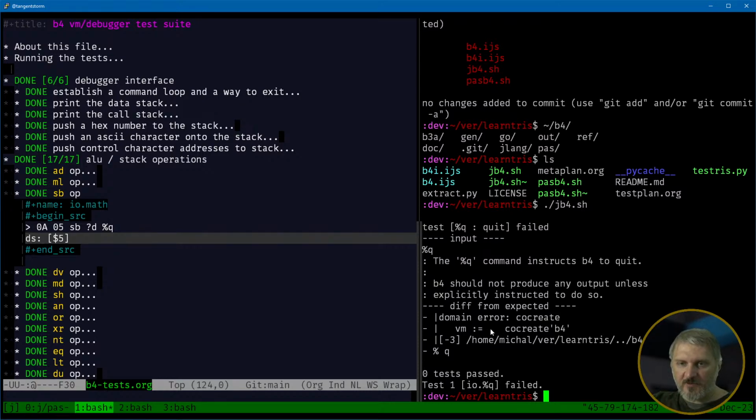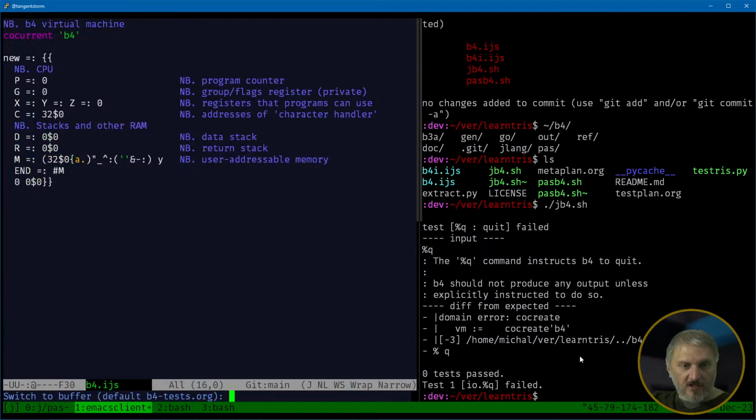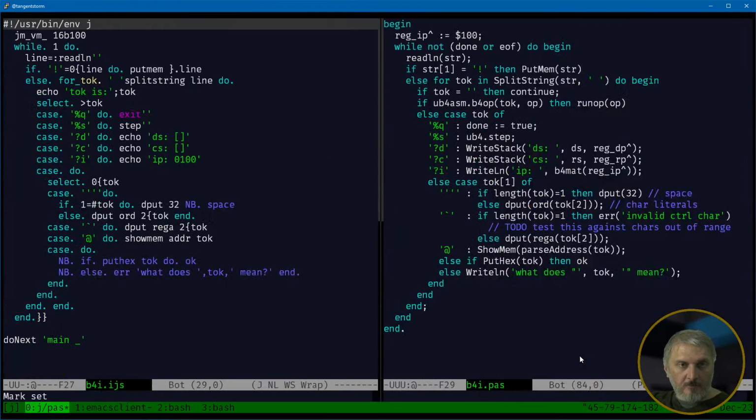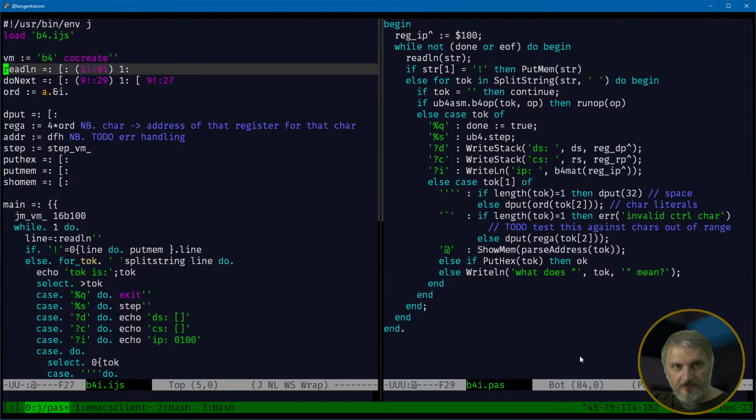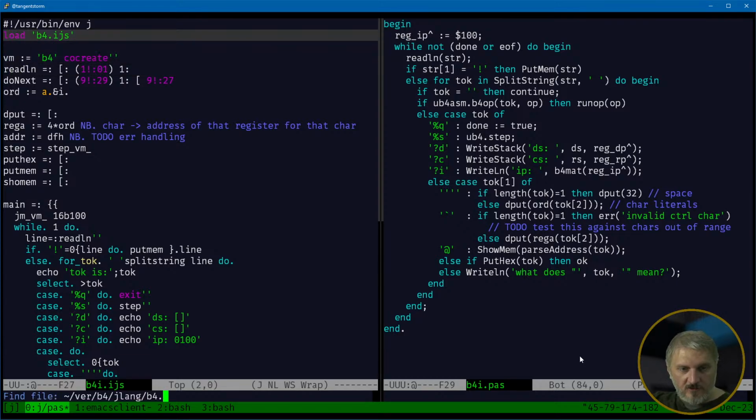And so it looks like I've somehow broken this. The way I broke it is I call co-create, and that is not the right way to do things. Co-create actually takes arguments on the left, and we say b4 co-create, and then an empty list of arguments. So presumably, all right, if we go into b4.ijs,